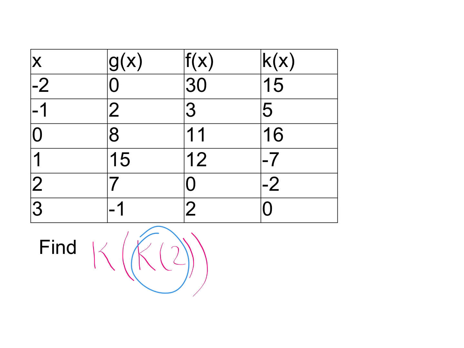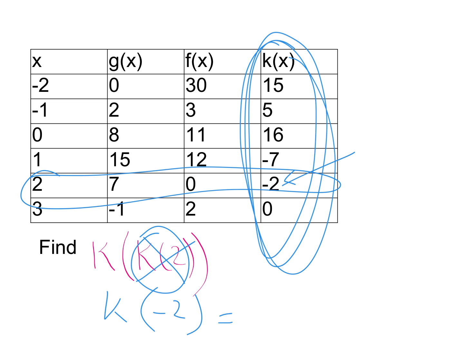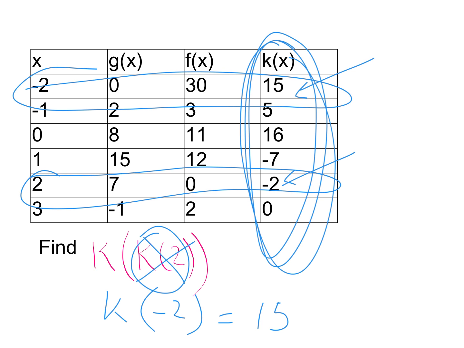And this one was 15. I got a little math help here. K of 2 was negative 2. And so then this part's negative 2. And now you're doing K of negative 2. And K of negative 2 goes back to here's K, and here's negative 2, and that is 15. So 15 was correct. Now I'm going to, instead of going through all of those questions before, just tell you the answers for each of these previous questions, and you tell